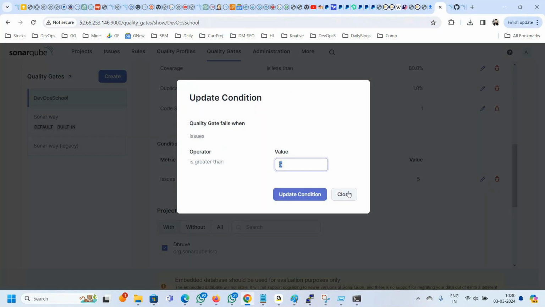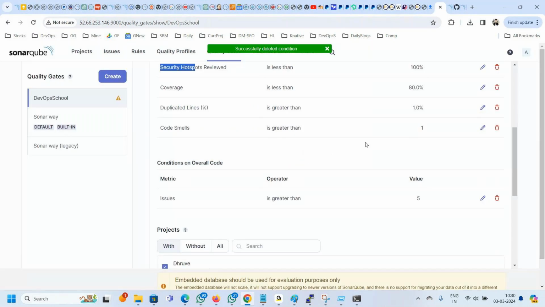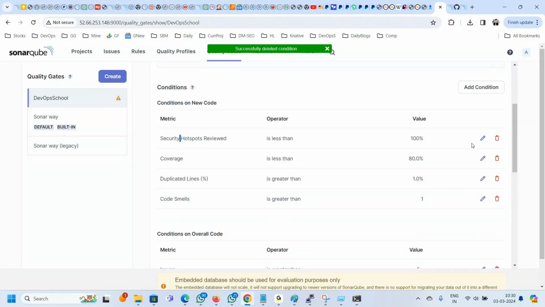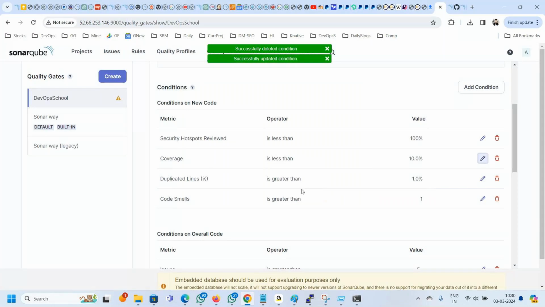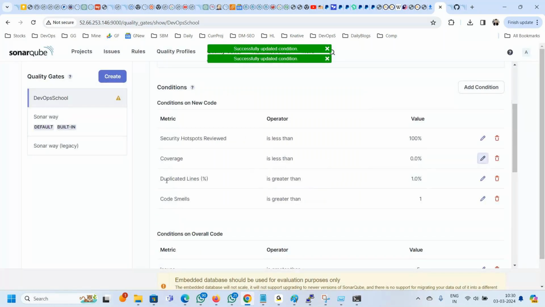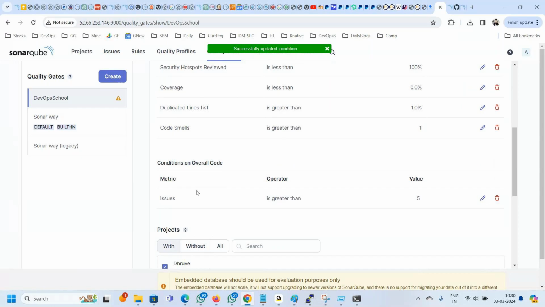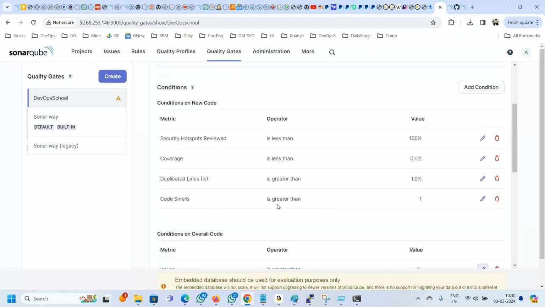This should fail actually. New code, duplicate rule, security hotspots, coverage 0% because I have duplicate lines 1%, code smell is great. So this is on new code, okay? And overall code, this one, let me add one more overall code